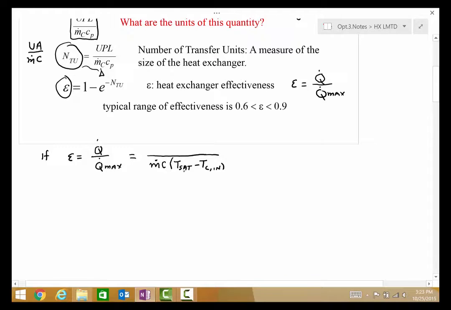The actual heat transfer rate that occurs is the mass flow rate, using the global energy balance, times the temperature of the cold fluid at L minus its inlet value. So this TL is Tc out. That's the real heat transfer rate. But we have an expression for TL minus Tc in. So the first thing we can do is cancel out these factors. So we know that TL